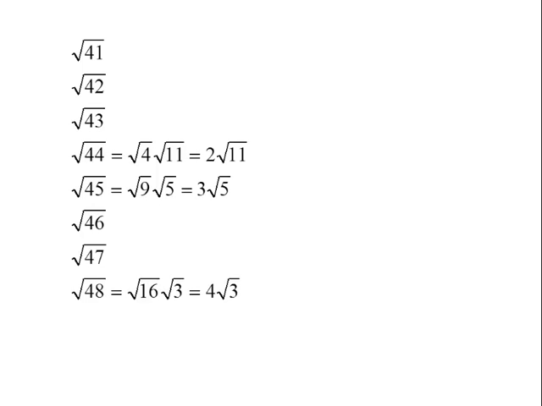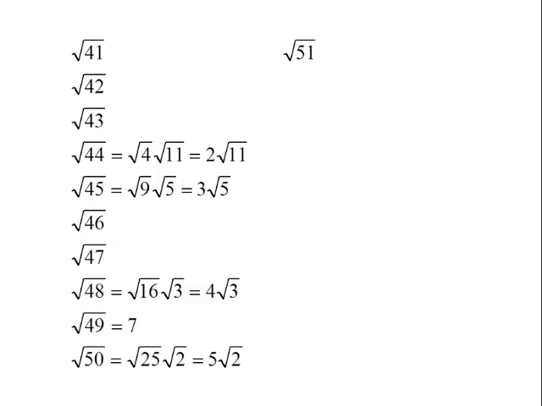47 is prime. 48 has 16 as a factor. 16 times 3 is 48. The square root of 16 is 4, so we have 4 radical 3. Square root of 49. 49 is a perfect square, so the square root of 49 simplifies to 7. Square root of 50. 25 is a perfect square and it's a factor of 50, so we're left with 5